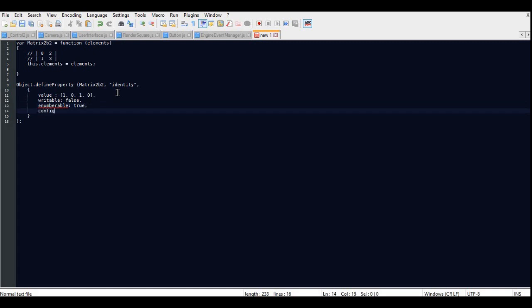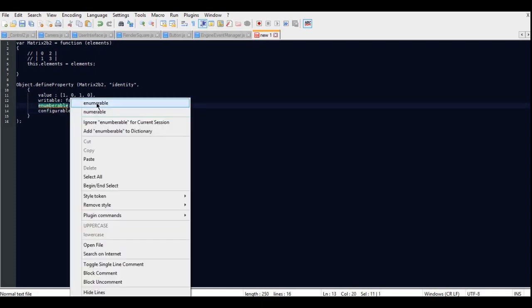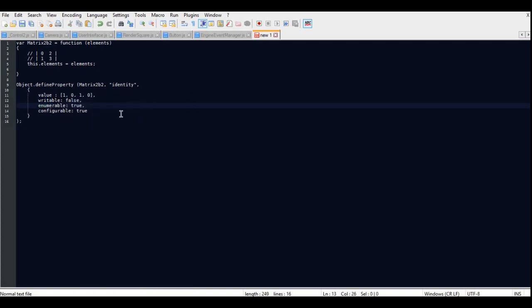And configurable equals true. I'll be honest, I've never used this before. This is just something I've seen somebody use and it works. So